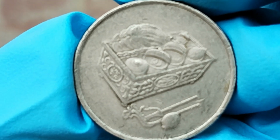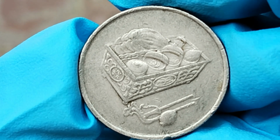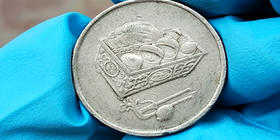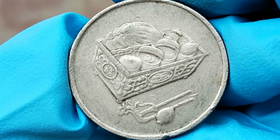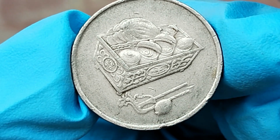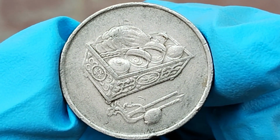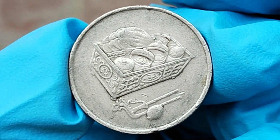Additionally, some collectors believe that certain minting errors in this particular batch of 20 sen coins have further enhanced their value. Any slight anomalies, such as off-centered strikes or double dies, can boost the coin's worth even more. Now, the question everyone is wondering: how much is the Malaysia 20 sen 2006 coin worth today? Well, thanks to its increasing rarity and growing demand from both local and international collectors, its value has reached an astronomical level. Many experts in the numismatic world have estimated that the value of this coin can easily go into